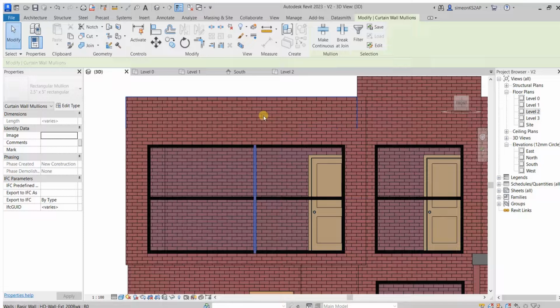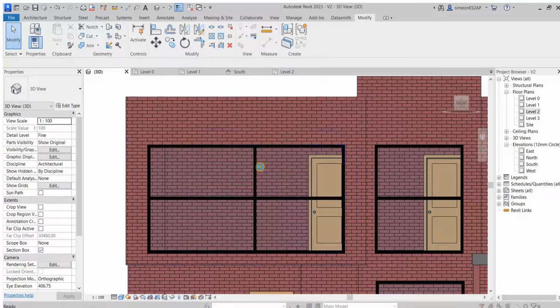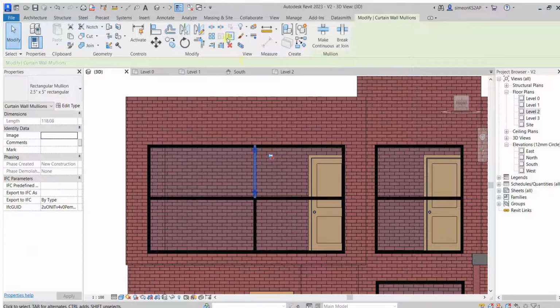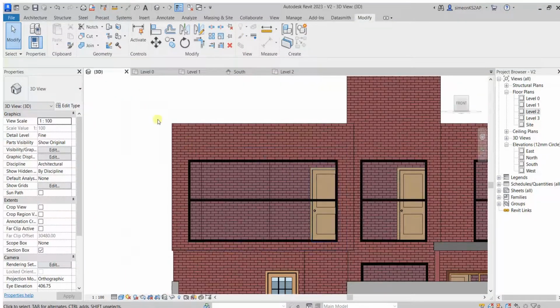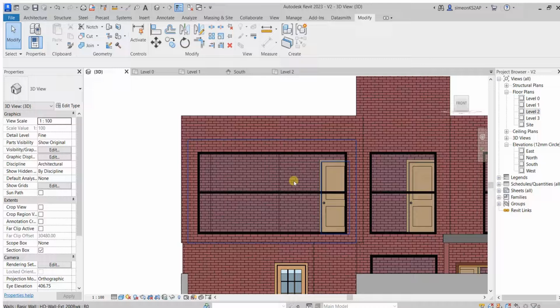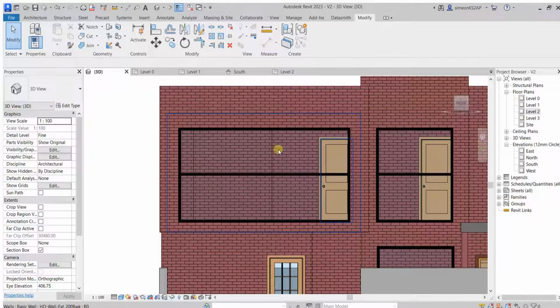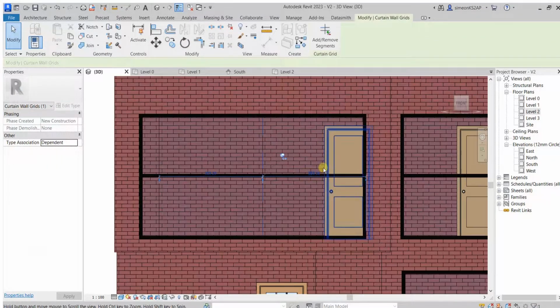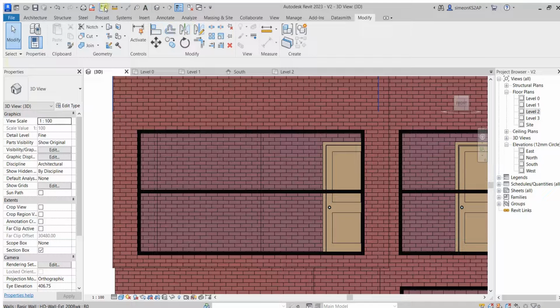So I first of all unpin in order to be able to delete. Okay, all right, delete. And now I am going to go to the structure of this particular curtain wall, and